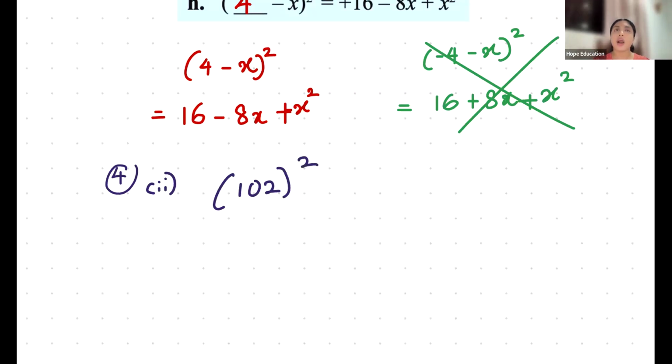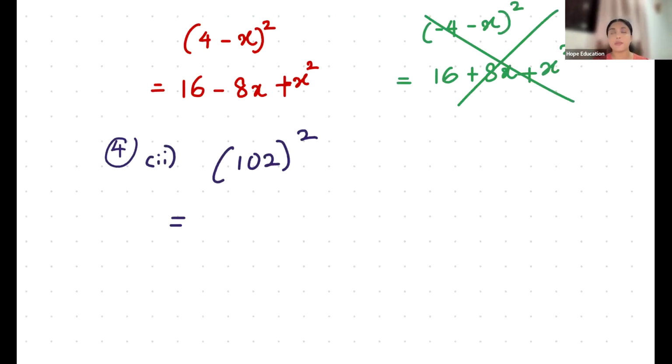So 102, what is an easier way for me to write 102? 100 plus 2. Yes, the easiest way for me to write it is 100 plus 2. (100 plus 2) squared. Then as usual,